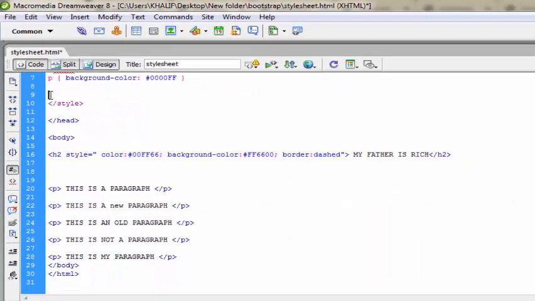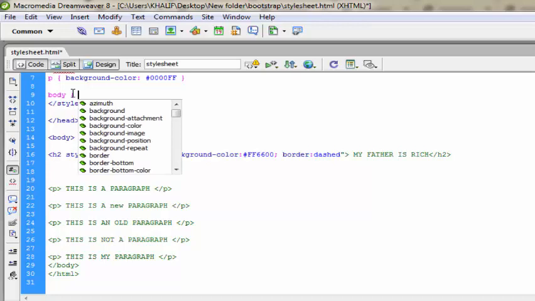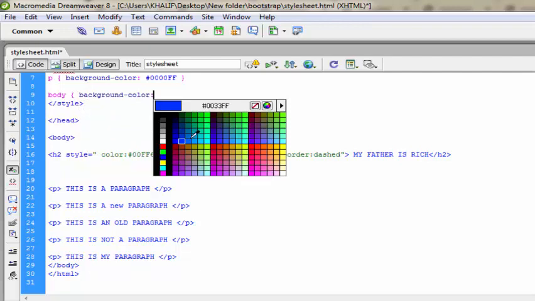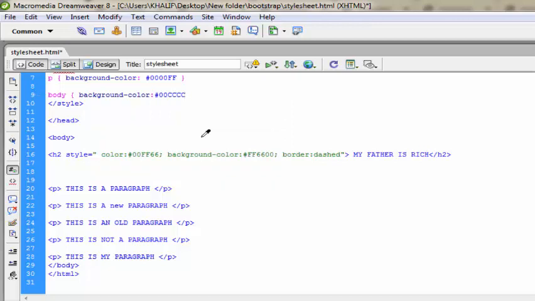I will give us another example using our body element. I would want to give our body a background color. Now all we need to do is reference our body up here. We need to pick the element body here, bring it up here, and paste it here. Let's give it a background color of, I think this is cyan or something. I don't know.